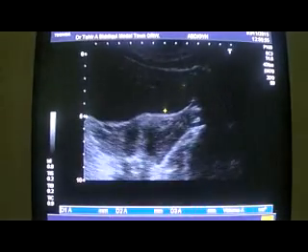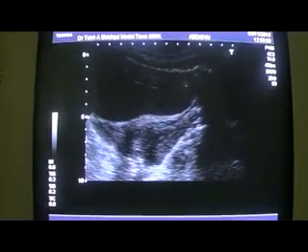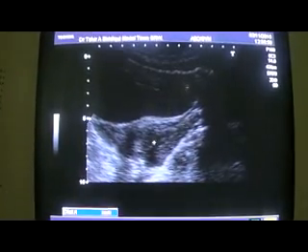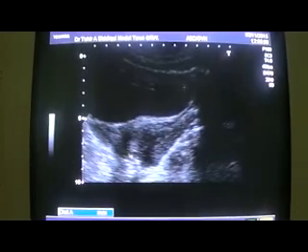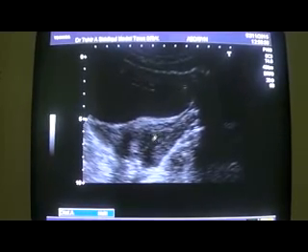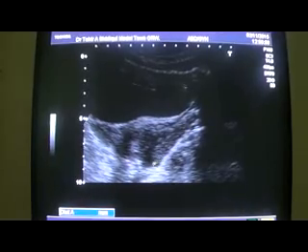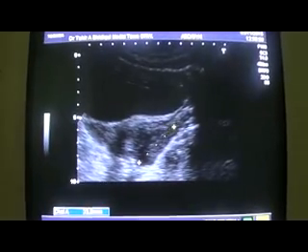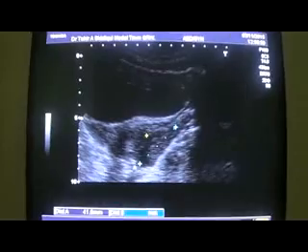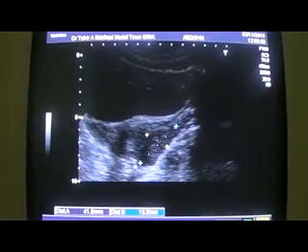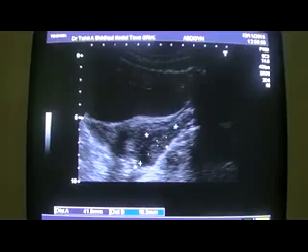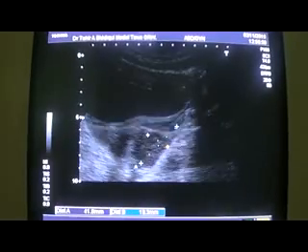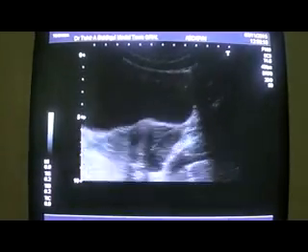See, this is the uterus. This is the uterine boundary. This is the wall of the uterus, and this area, in fact, that was being marked as a fibroid is in fact a left ovary, measuring 4.1 into 1.9 centimeters.